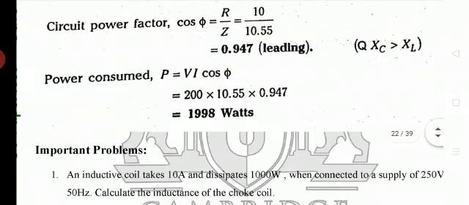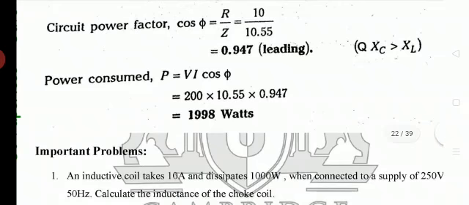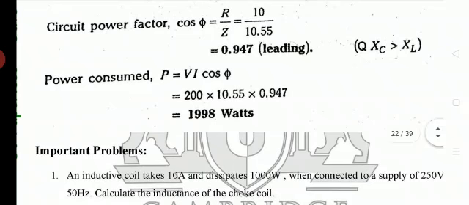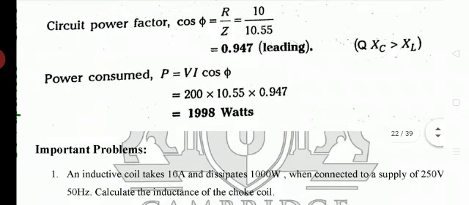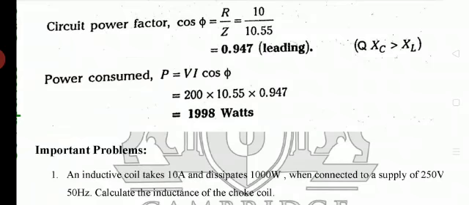But how about your RLC circuit now? In RLC circuit we have L as well as C, so it is difficult to find whether the current is lagging or leading. So that is depending on the reactances. You observe the reactance there. If your capacitive reactance is greater than the inductive reactance, then the circuit will behave as the RC circuit. Means it behaves almost like the capacitive circuit, RC circuit. In capacitive circuit we know that current leads the voltage, hence here the power factor is leading.